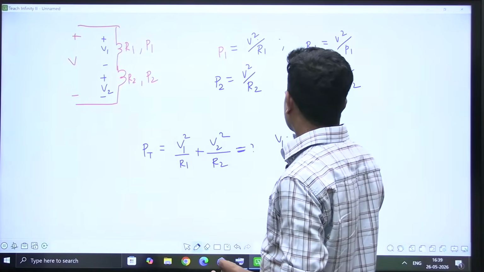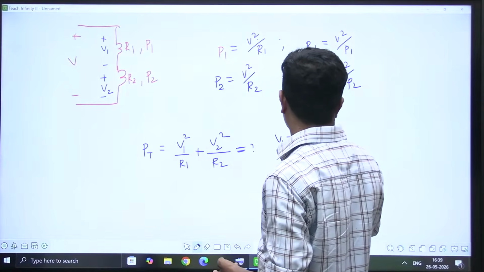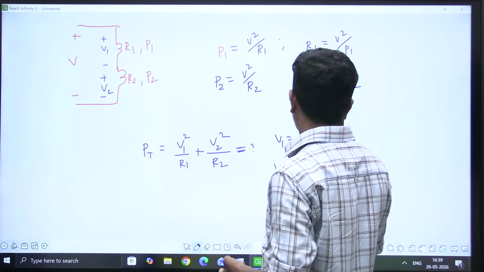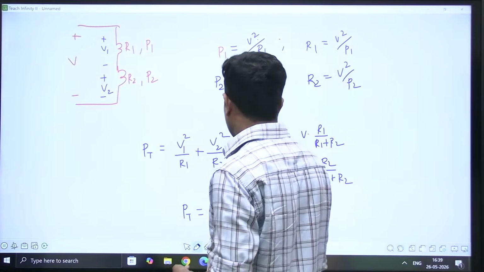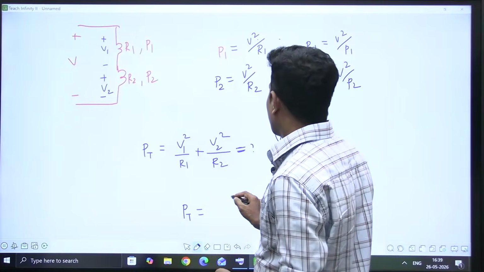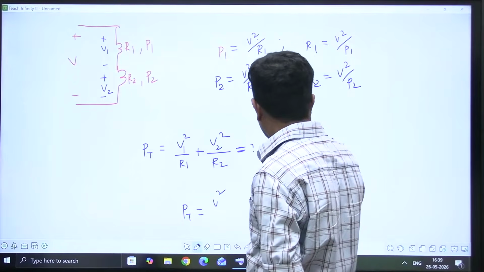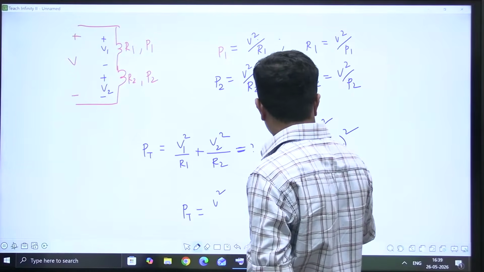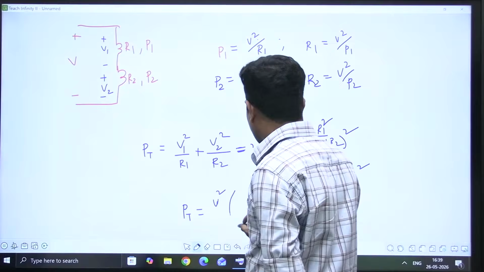V1 is equal to V into R1 by R1 plus R2. I can take it this way. So V2 is equal to V into R2 by R1 plus R2. Let us put that there and see whether it is able to converge or not. What are we going to get? V1 square is V square R1 square, and V2 square is V square R2 square, over R1 plus R2 whole square. So from that, total V square, if I take common,